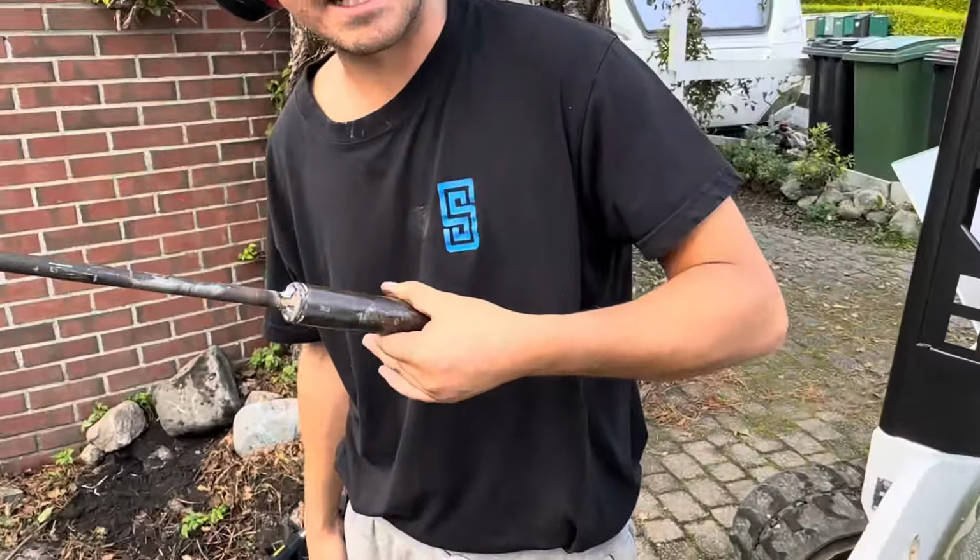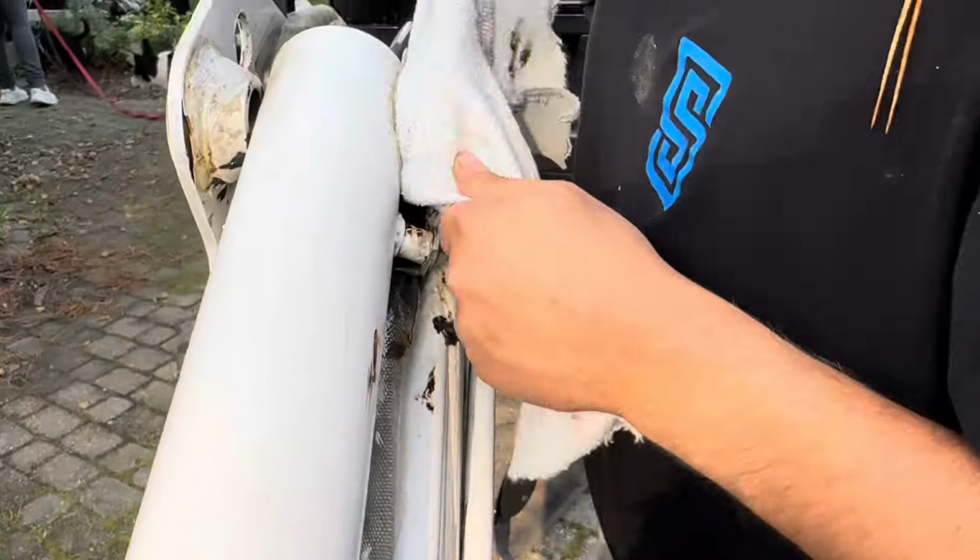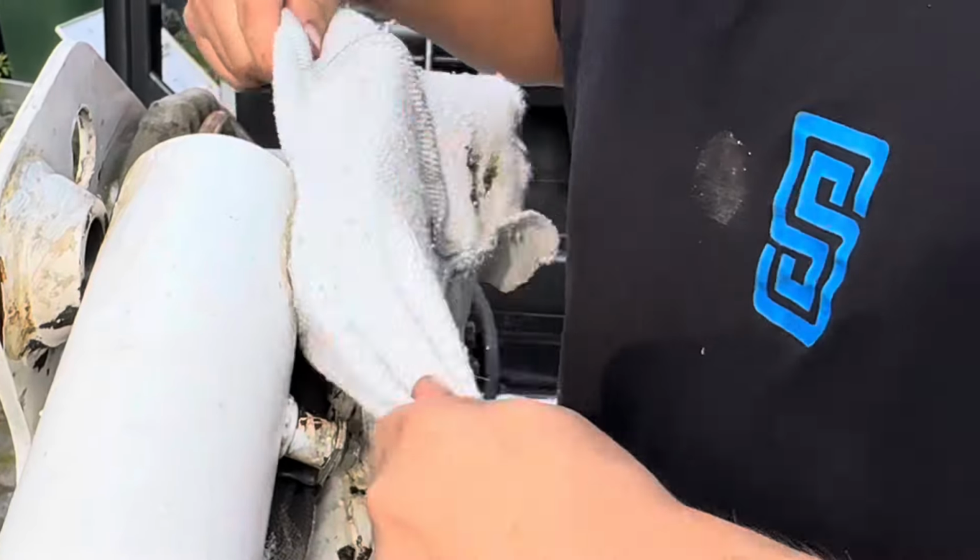Now we have to fix the weld. Now we're just cleaning so we don't get